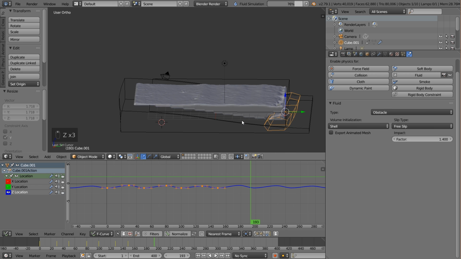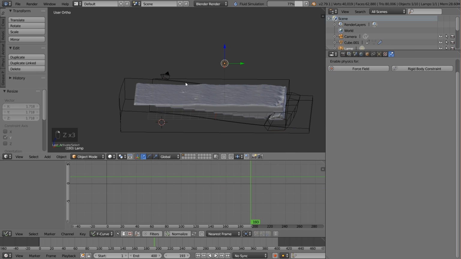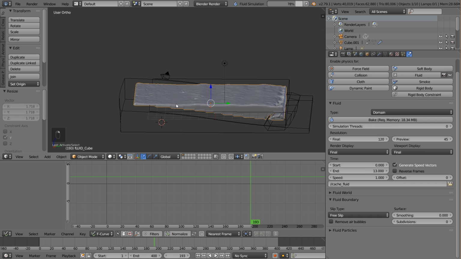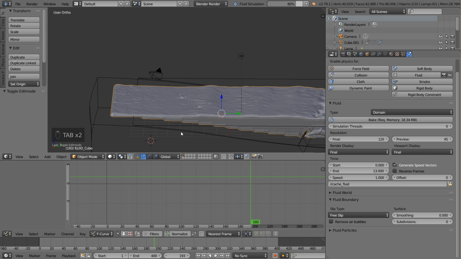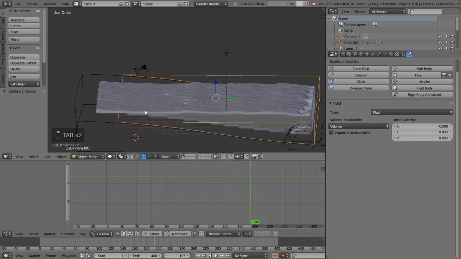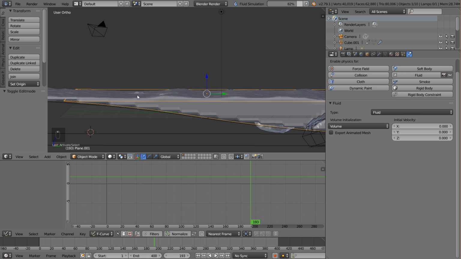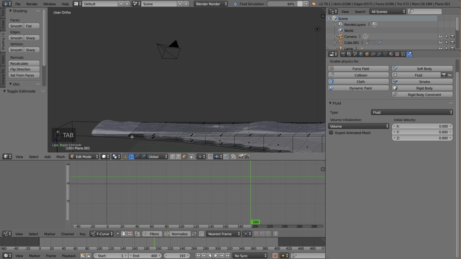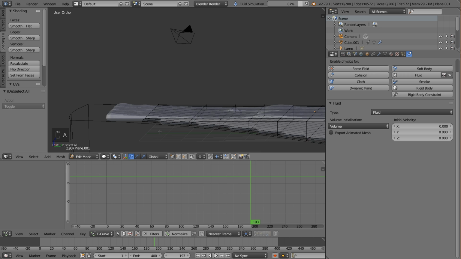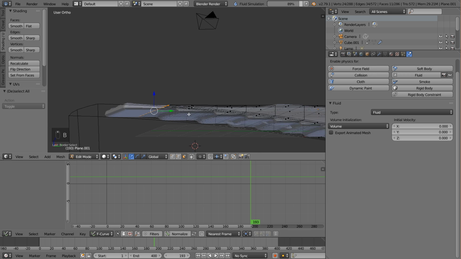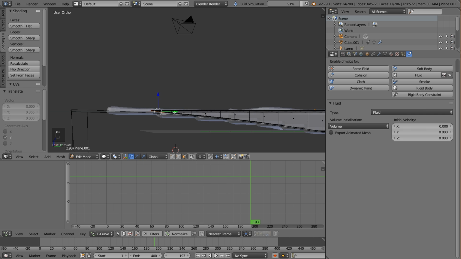Is it hitting the edge of the domain? You might have to check that. If it is, we might have to pull a little bit of our fluid away. Yes, it is. So we have a little bit too much fluid now coming out for our domain. So let's just pull it back a little bit. And we can always make our domain object a little bit bigger as well. So whatever you want to do, I'm going to first just pull these faces back a little bit. So we have a little less